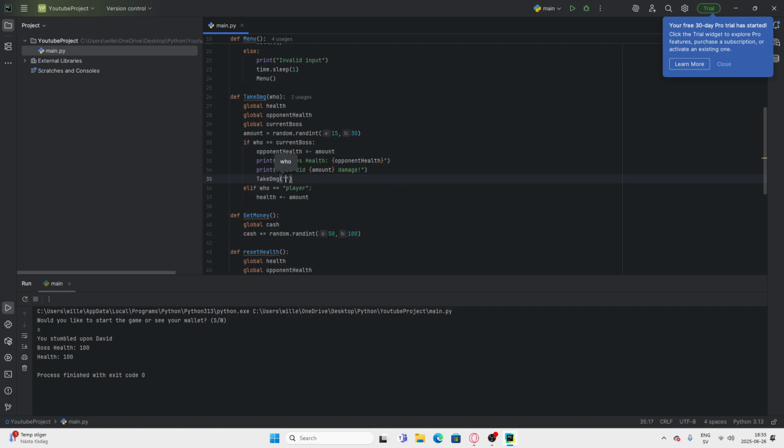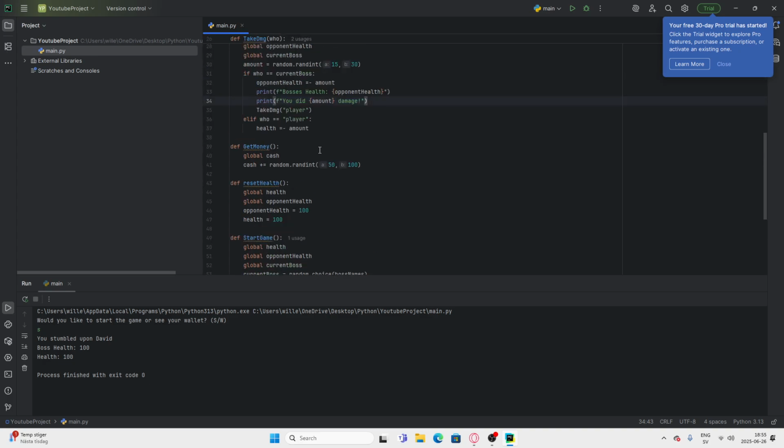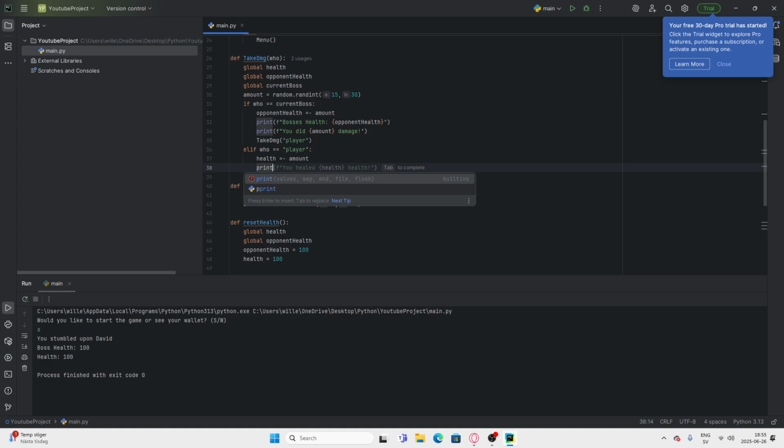Take damage player. So basically, once we started the game, if we attack, we will attack the boss, and the boss will lose health, and it'll print that it lost health, and then we'll take damage from the player because it's the boss's turn. So I'm gonna do print current boss attacked